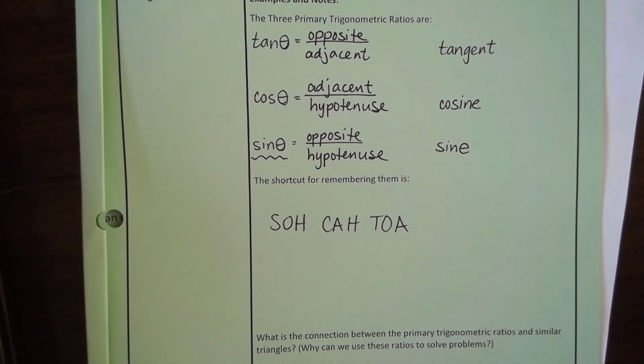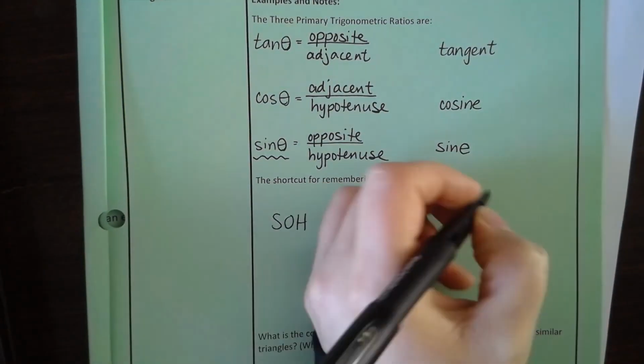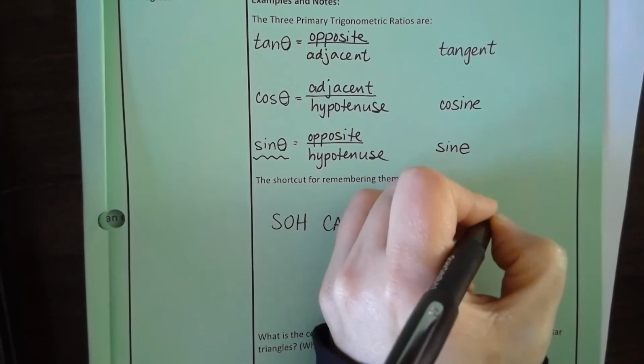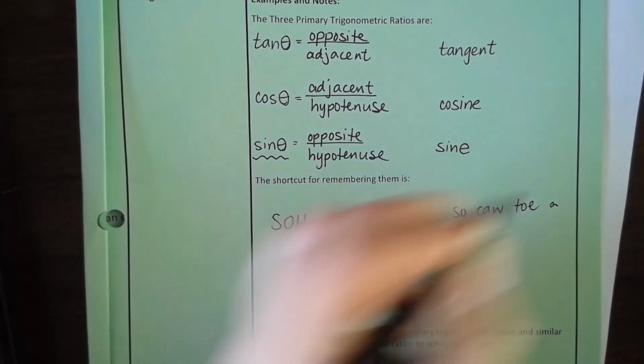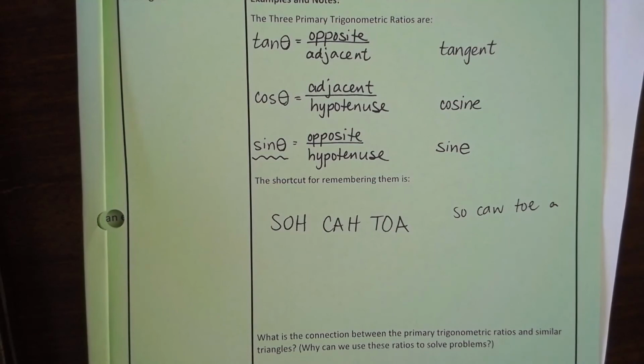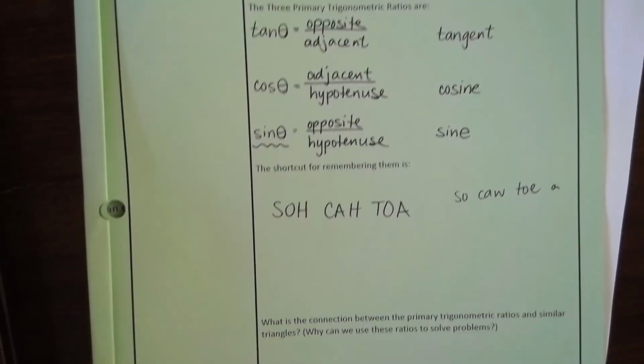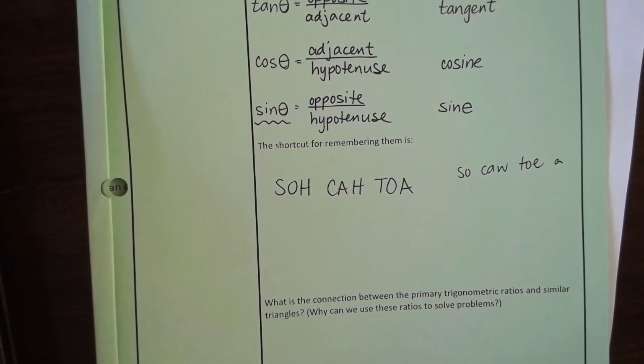I would literally take a piece of scrap paper and write SOHCAHTOA a couple of times. Because all of a sudden you don't want to be writing SOHCAHTOA, and then you have no idea, like you're trying to do a question and you're like, what is this thing? Okay, so SOHCAHTOA, the way it works is